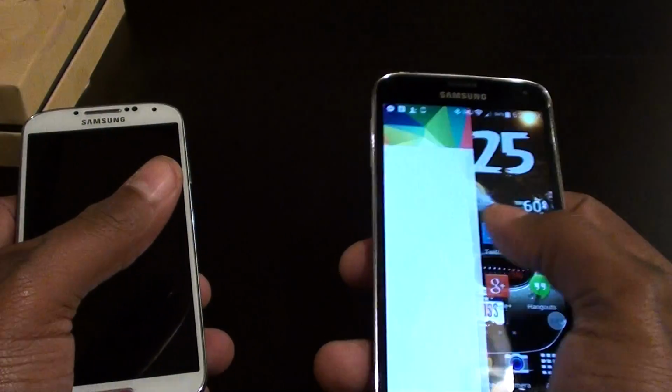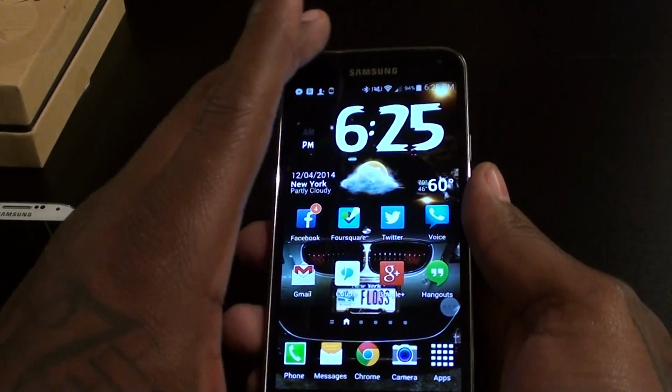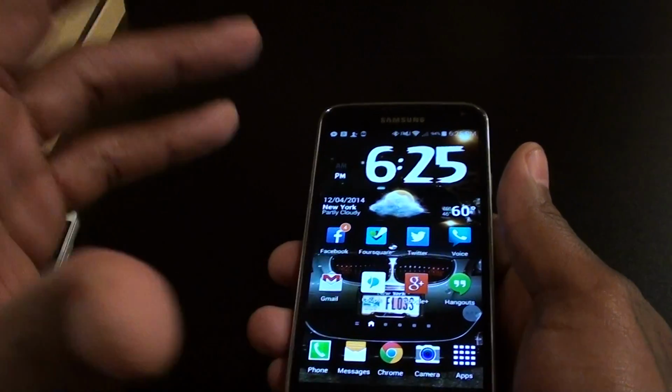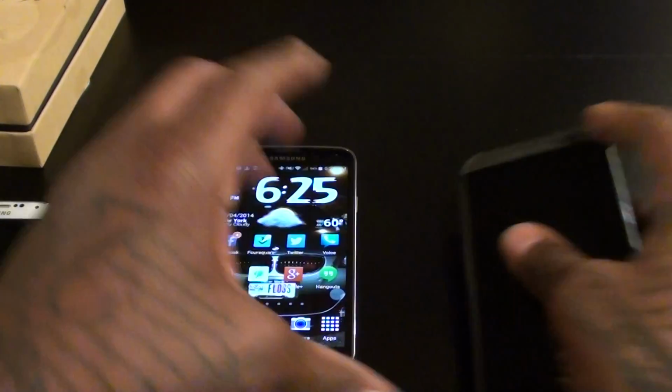S-Voice, everything still works the same. Like I said, the S4 and the S5 are pretty much the same. This is just like when you had the Apple iPhone 5 and the 5S. Minor upgrades, but enough upgrades to make it the new flagship. Now, let's see. Compared to the M8,